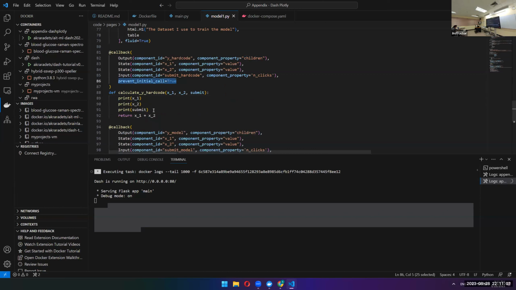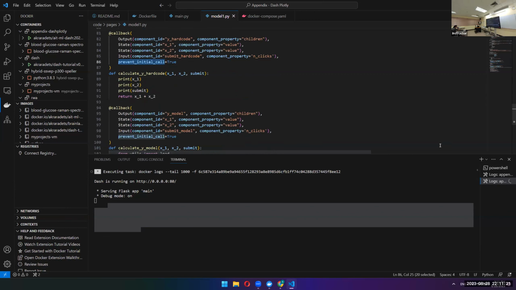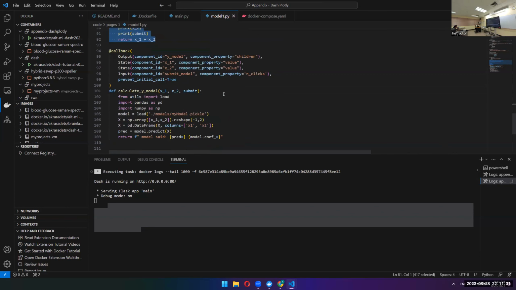And if you don't have this one, once you open the page, this will get executed right away. So I put prevent initial call. When you open the page, it doesn't just execute this function, right? So this is for making a button work, and this is for